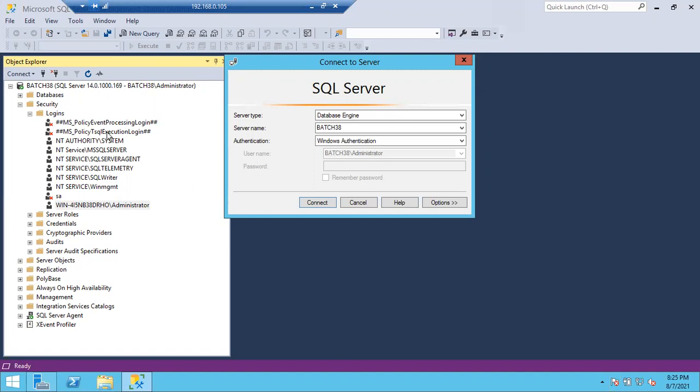But DBA team users' passwords will be controlled by the Windows team. So the Windows team will help us to reset the password. Okay, any more questions?